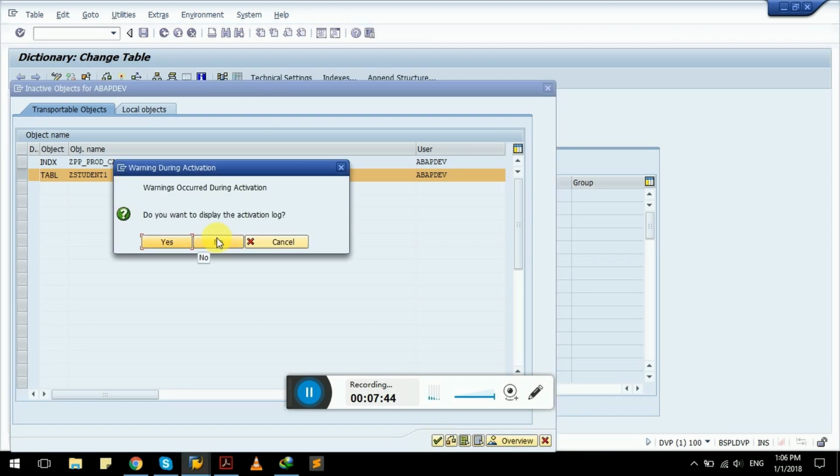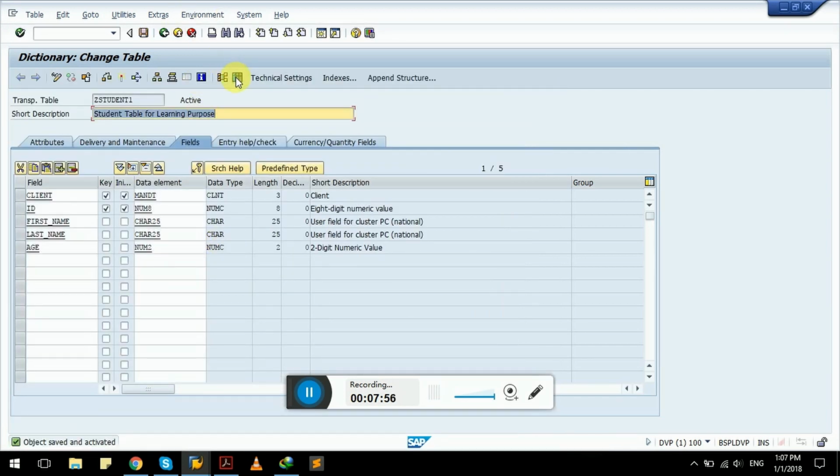So you can see our table is activated without any kind of error. There are just warnings which don't matter that much. So here is a button for contents. Control Shift F10 is a shortcut key. If you click it,